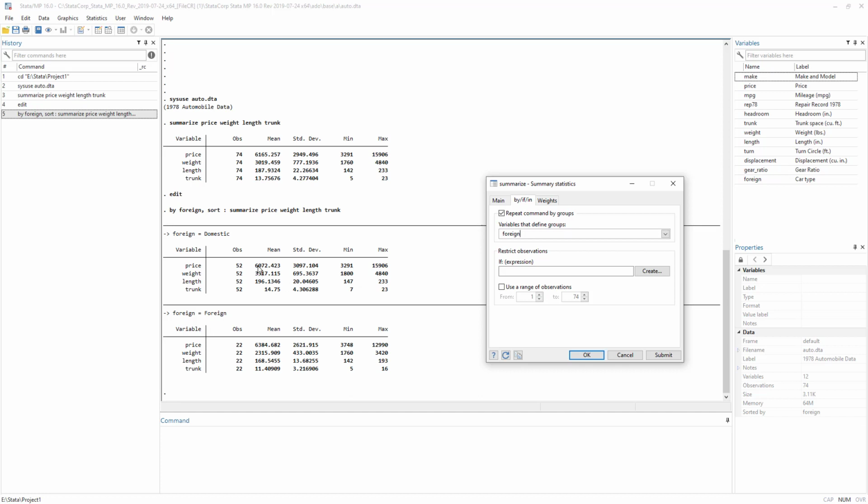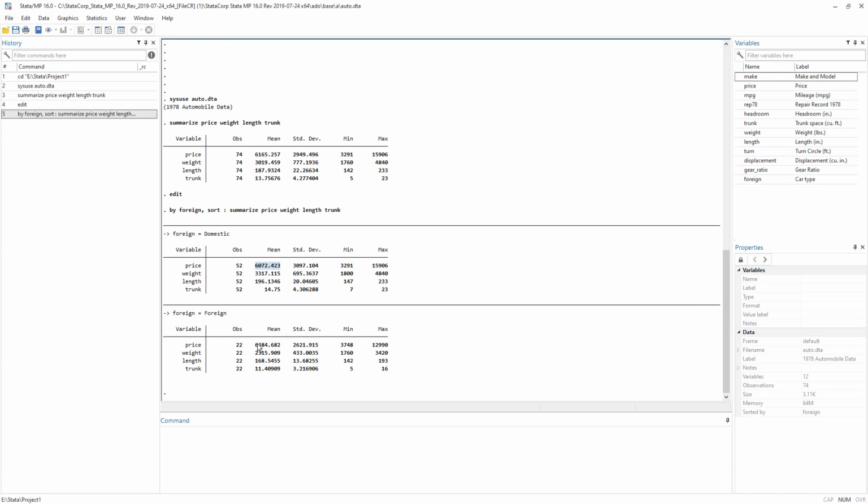The domestically produced cars have a mean price of 6,000, and the foreign produced cars have a mean price of 6,300, so $300 more expensive than the domestic cars. Then there is the standard deviation, if you are familiar with the measures of central tendency and dispersion, and then we have the minimum and maximum. The minimum price for a domestic car is 3,200 and the maximum is 15,000. The foreign car minimum price is 3,700 and the maximum is around $13,000.